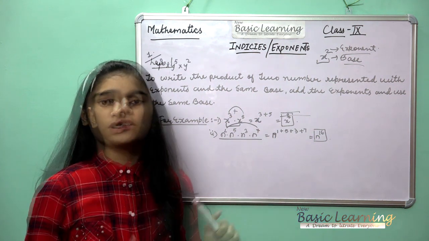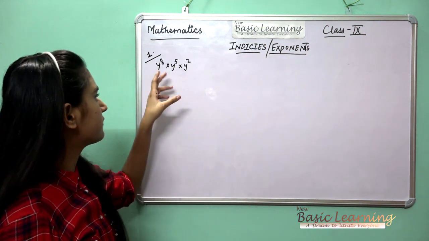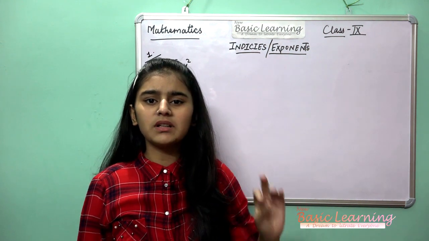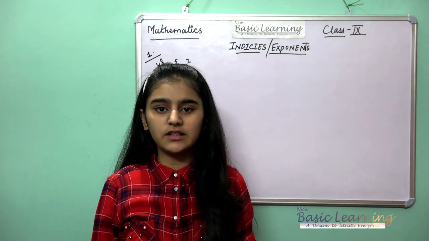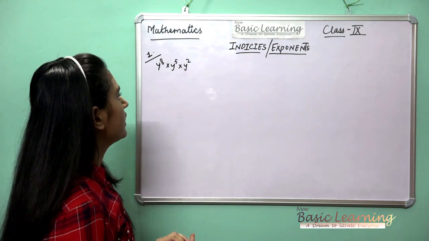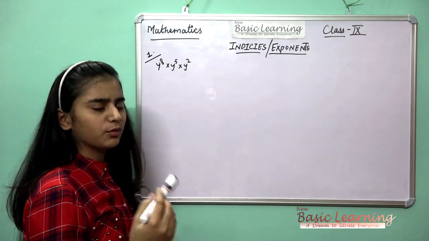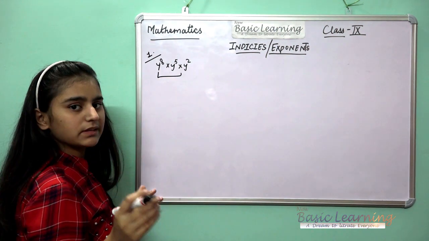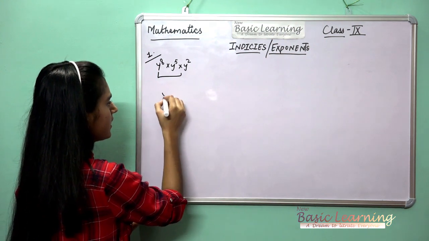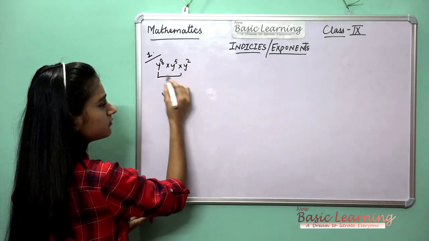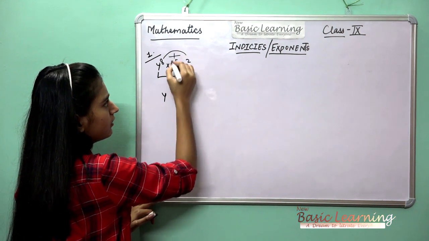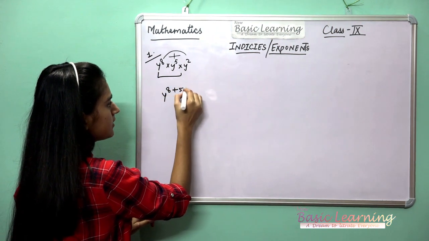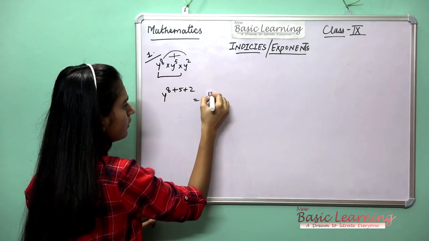Now we are going to do the questions. So question number 1 I have taken here is y to the power 18 into y to the power 5 into y to the power 2. This is so simple chapter and you can do the questions very easily. So let's solve this. You all know the answer, I know. You are very smart. Here I told you before that we will take the base as same and we will add the exponent. Y is the base, and we will add the exponent, that is 18 plus 5 plus 2, it gives y to the power 25.